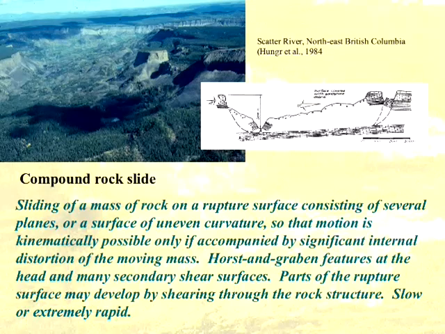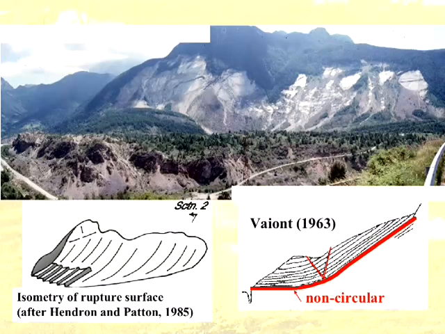Again, it has structural control. That's why it's like that. A weak rock like this, if there wasn't structural weakness that controls part of the rupture surface, would fail in a rotational failure. But the presence of that weak surface gives it the compound character. It can be fast or slow. Actually,